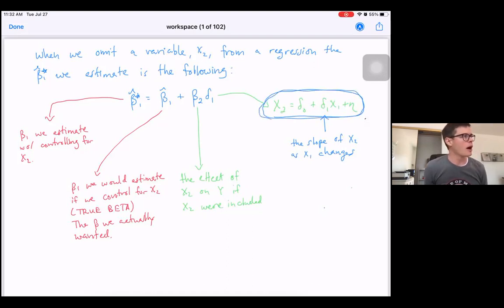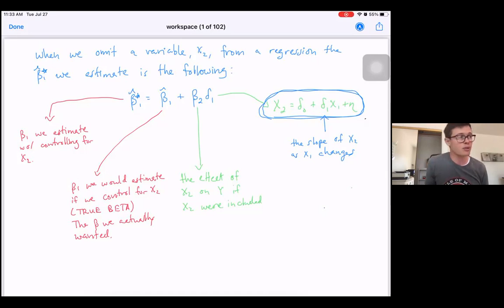So delta 1 is the change in X2 for a unit change in X1. And the best decoy was the opposite, a change in X1 for a unit change in X2. So it's just that the delta is a change in X2 for a change in X1, not the reverse. So maybe you guys are actually quite close to getting it right, but you just kind of swap those two,